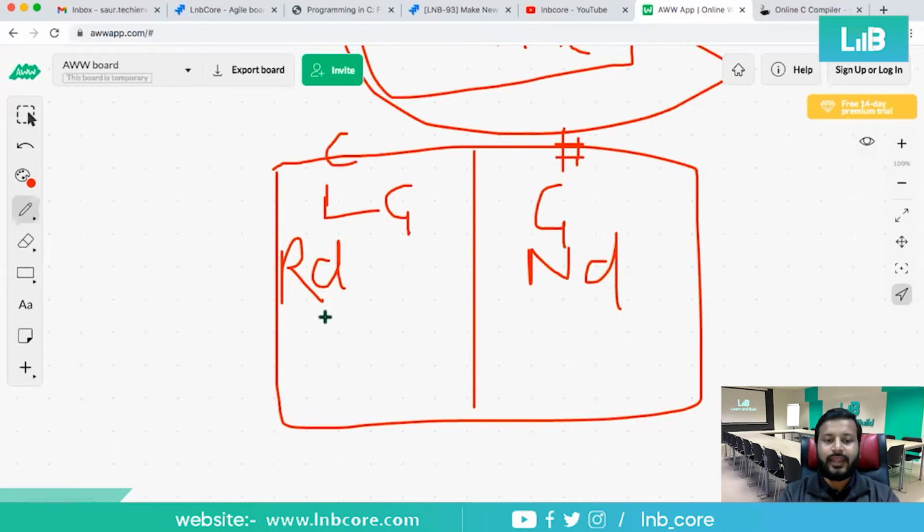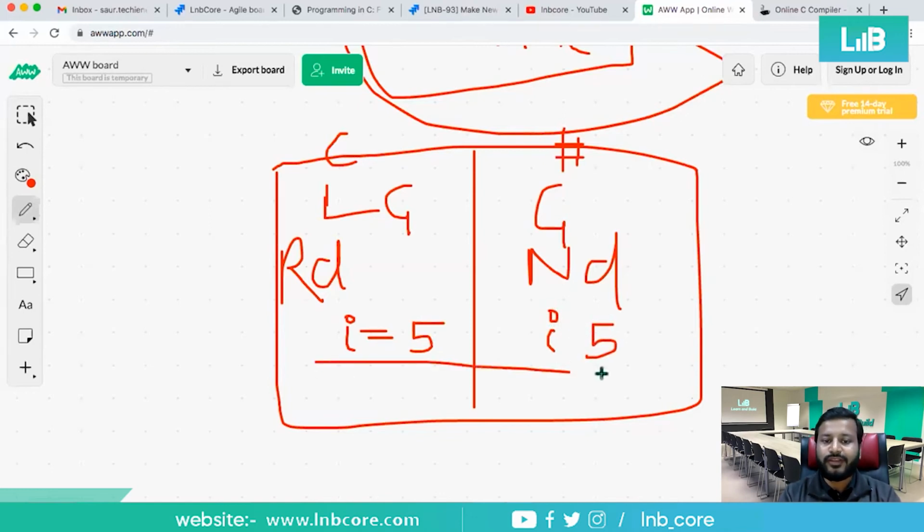The third is, in both categories, the category of constant specifiers, either in constant or hash define, if you have defined any value, right? So if you have defined any value of a variable called I is equal to 5, and here also I is equal to 5, right?